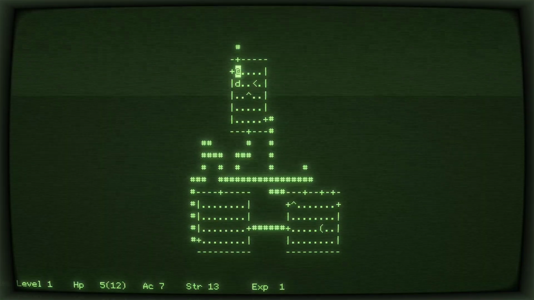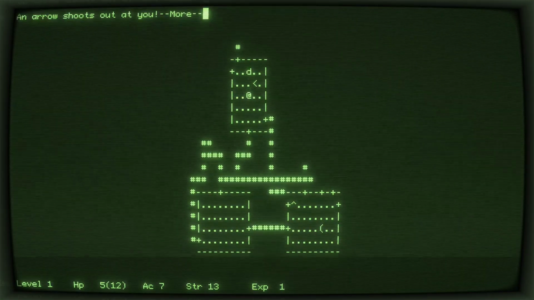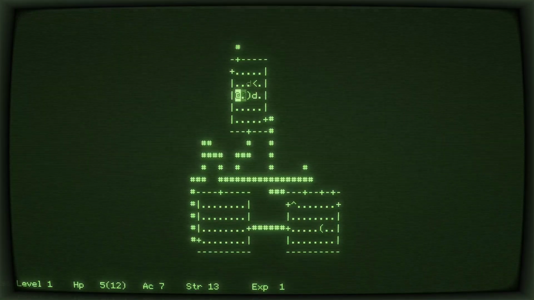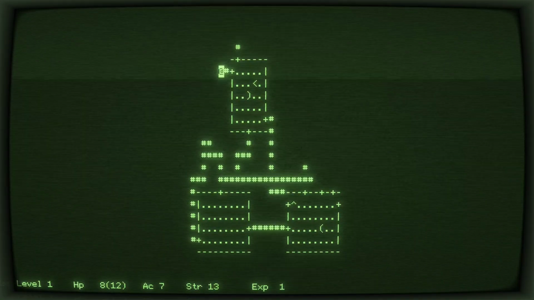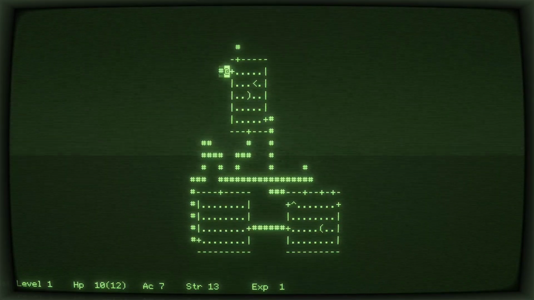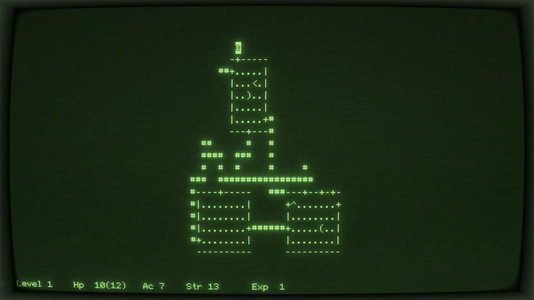Speaking of traps, we can test that one right now. Yep. We're almost hit by an arrow. Sure enough, they will continue to go off again and again. Well, that's interesting. I think I left behind an arrow since the arrow didn't actually hit me. Anyway, we're searching here. The HP is slowly replenishing as we search, but we're not coming up with anything. At least we are healing up a bit. Whatever. And nothing up here?